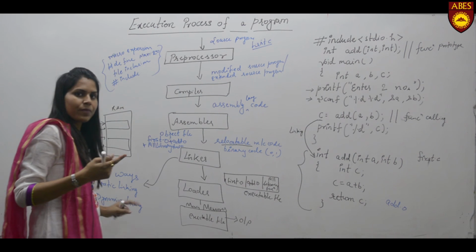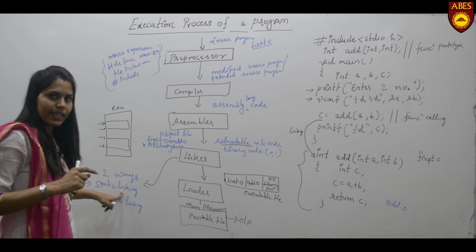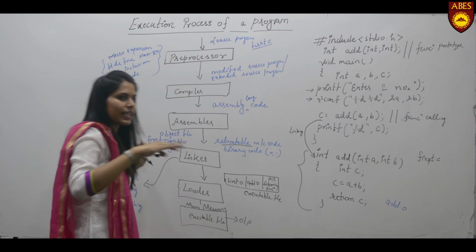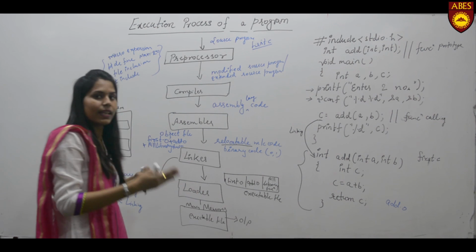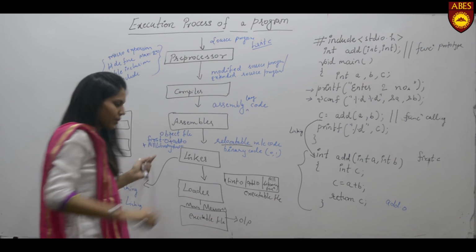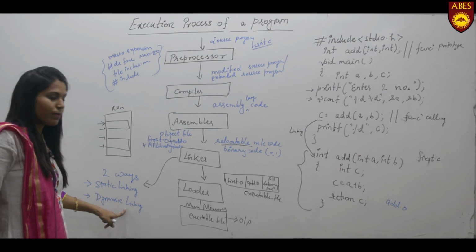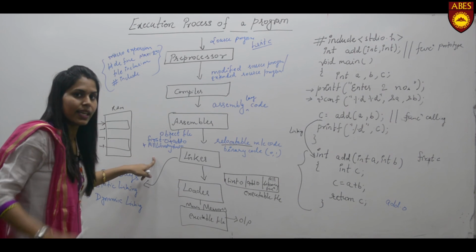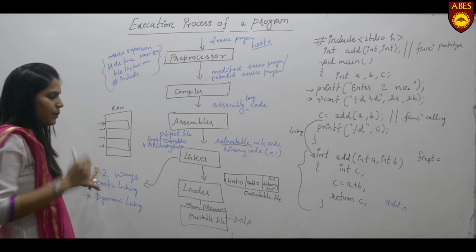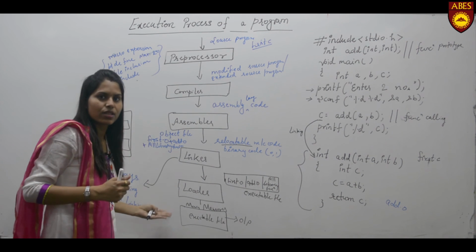In static linking, the execution process will be fast. How? Because in static linking all the object files are linked at compile time, so the run time will be less, since all the linking has been performed at compile time. But in dynamic linking, the execution time will be more. It will take more time to execute because all the linking is done at runtime. So this is the difference between these two. These are all the basic phases of the compilation process, or we can say execution process.